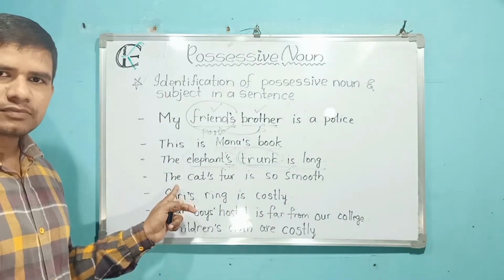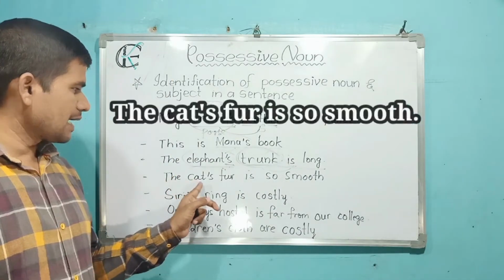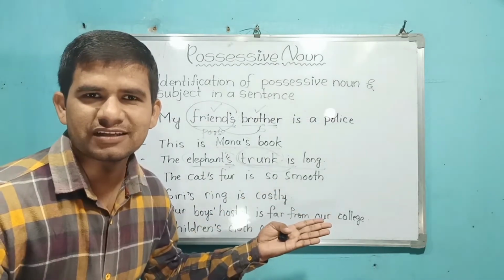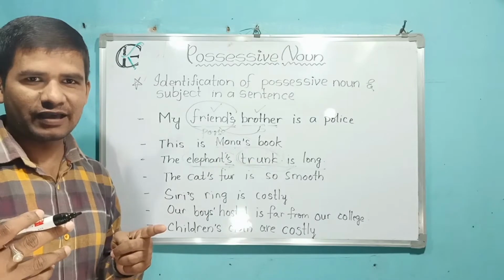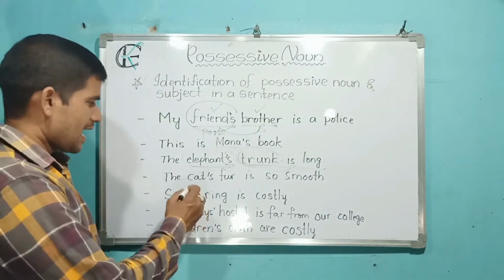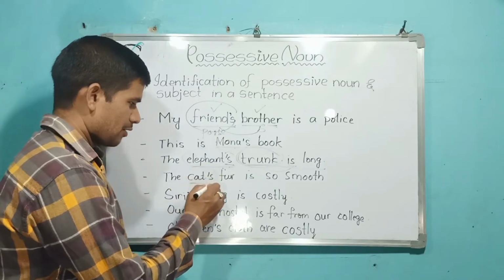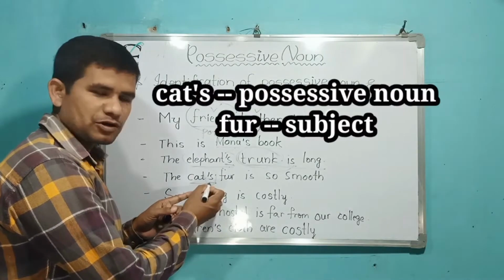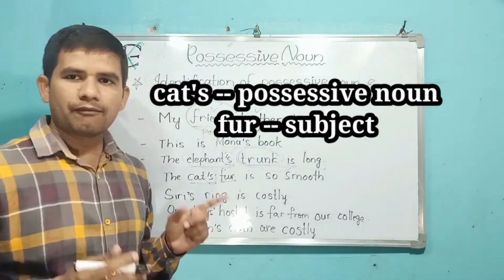Clear? Then we'll go through the next example. The cat's fur is so smooth. What is so smooth? Cat's fur. Here fur belongs to whose? Cat's. Yes, and we know that here is apostrophe s, so cat's is a possessive noun and fur is